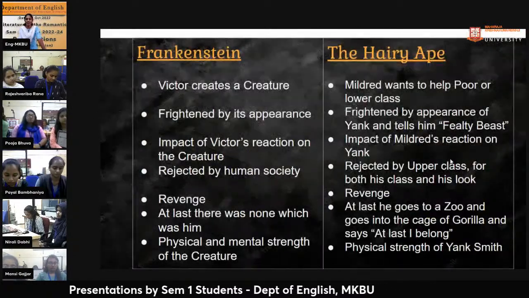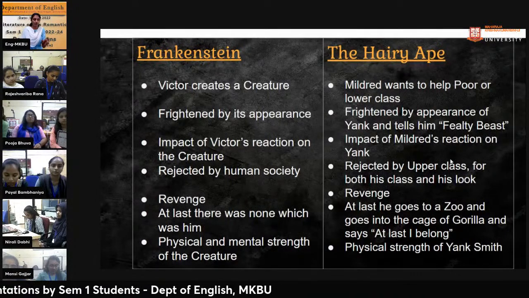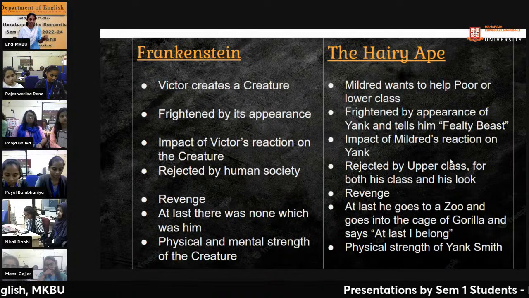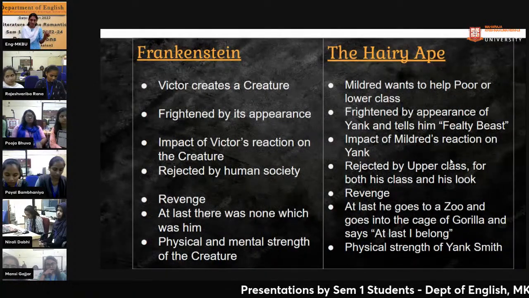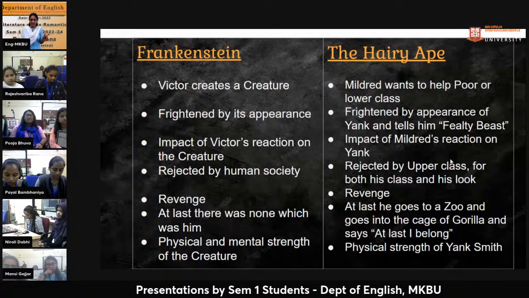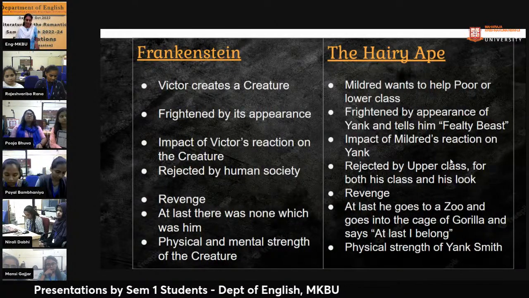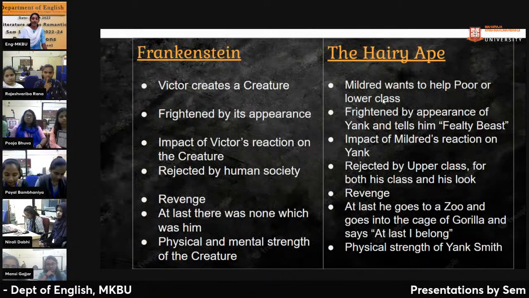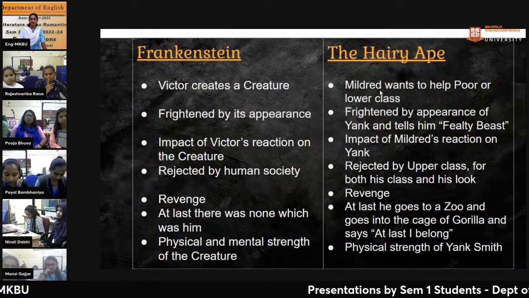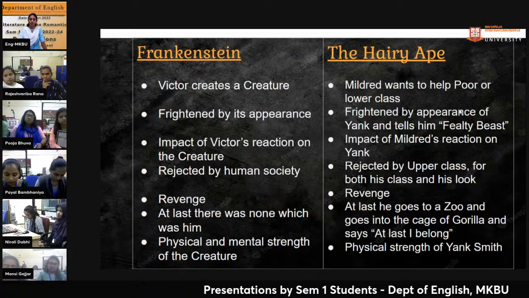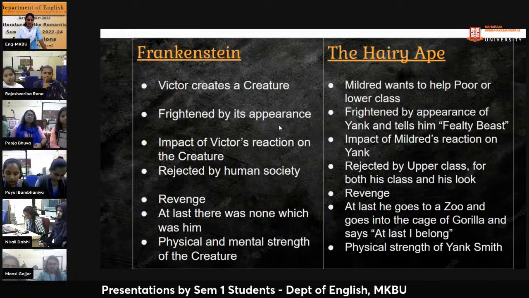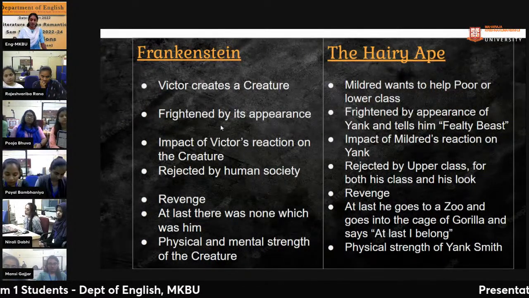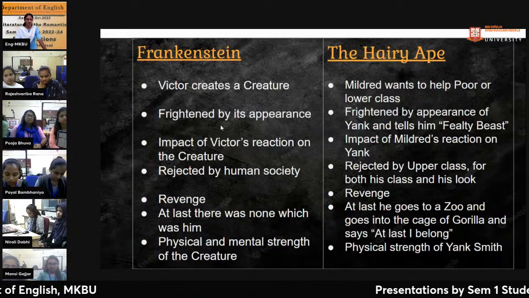So I have compared these two texts, and some major portions of them are not in sequence. This story begins like this, and the other story begins like this, but there are some incidents which can be compared to each other. Victor creates a creature, and in The Hairy Ape, Mildred Douglas, a female protagonist, wants to help the poor and lower class. And Victor, after creating his creation, is frightened by its